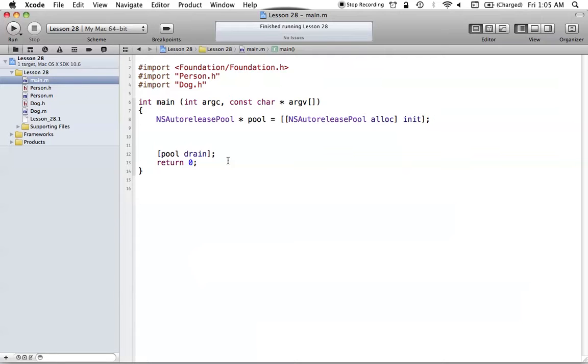In this tutorial, I'm going to be covering how we can use key value observing in Objective-C. Key value observing is basically the counterpart to key value coding, which we've been learning about in the last tutorial, where with key value coding you can set different values by just knowing its property name. Key value observing is kind of the opposite of that, where you can observe some other value